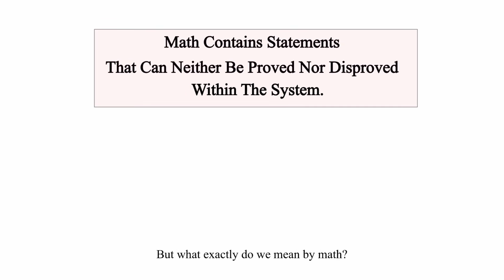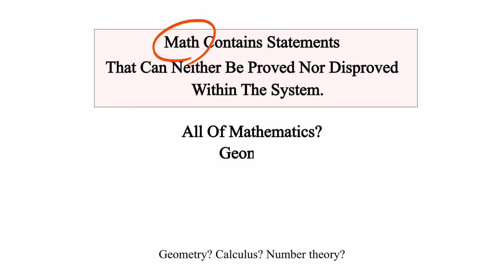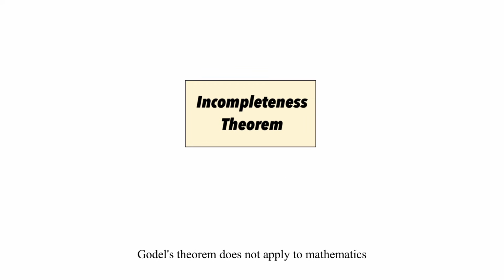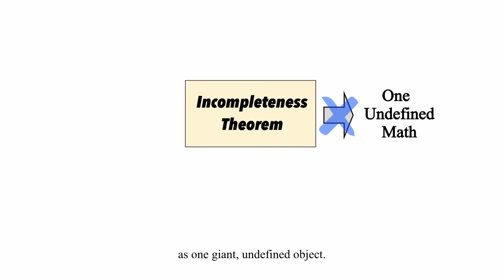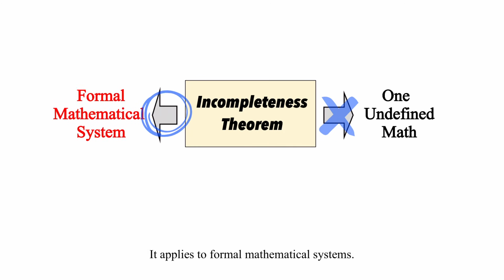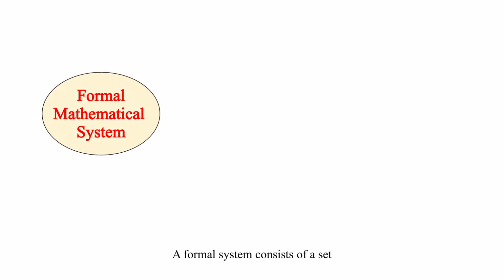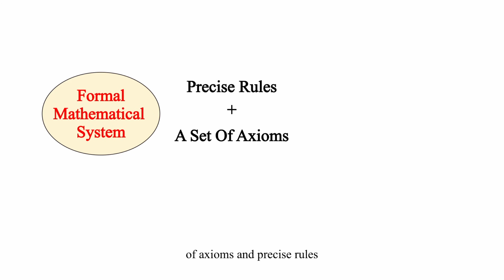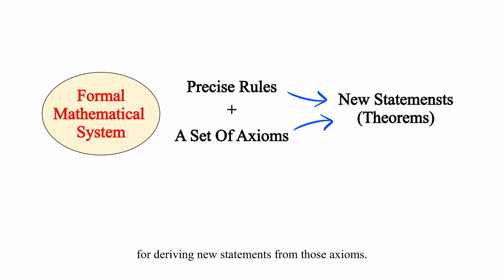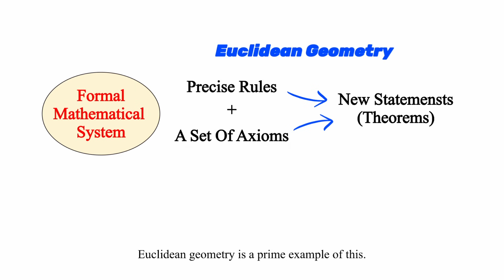But what exactly do we mean by math? All of mathematics? Geometry? Calculus? Number theory? Gödel's theorem does not apply to mathematics as one giant, undefined object. It applies to formal mathematical systems. A formal system consists of a set of axioms and precise rules for deriving new statements from those axioms. Euclidean geometry is a prime example of this. So we have